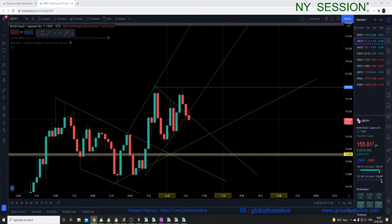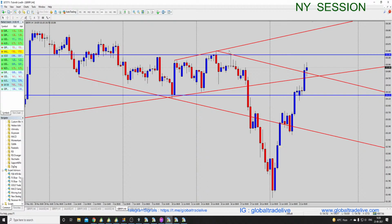Mohammed Roshan Sheikh is saying GJ took liquidity from the Asian high, so I think it should go down now. PS Gore is saying heavy resistance zone in 4 hour in GBPJPY. Look, Mohammed Roshan, if you look at the 4 hour over here, this was the support area, so we got some consolidation at this area. Now the candles are moving far away, they are leaving this area behind, right? So this candle here took the market far away from this area, and this current candle, the 4 hour candle,